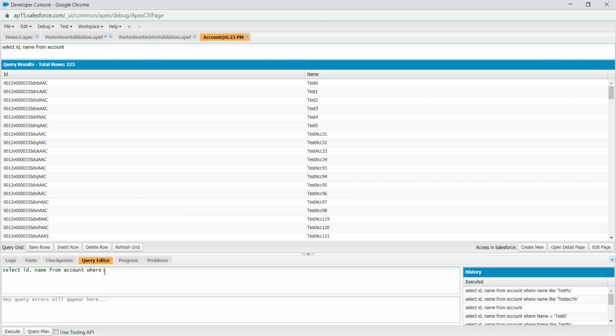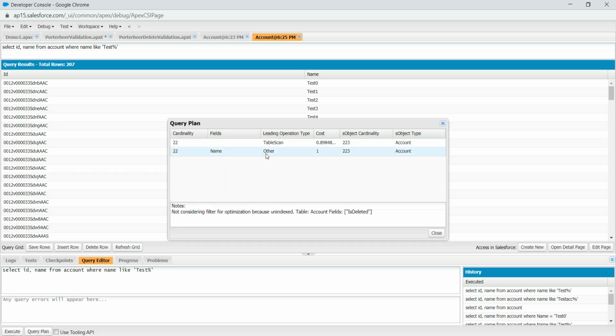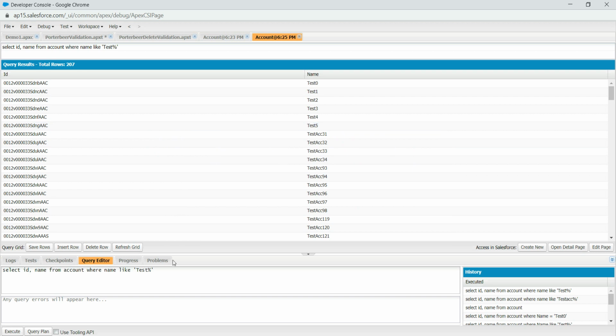Now, let's filter it. Where Name like, let's see what happens, 'Test%'. Okay. Right, so we got something different here. Apart from a table scan, we have something on others. That doesn't help. So let me filter this again, where Id equals to